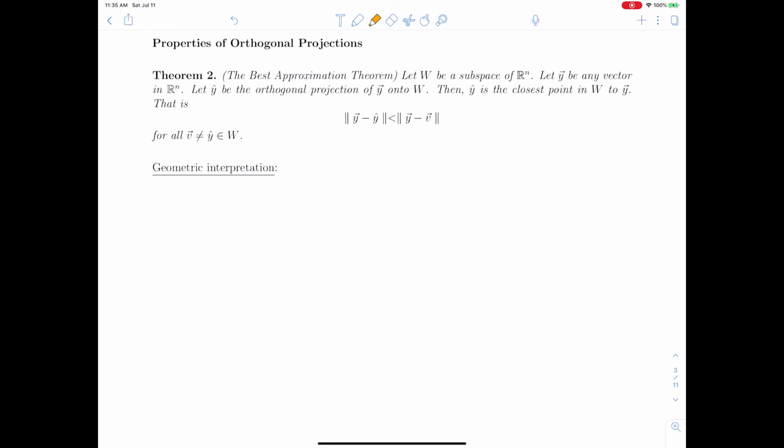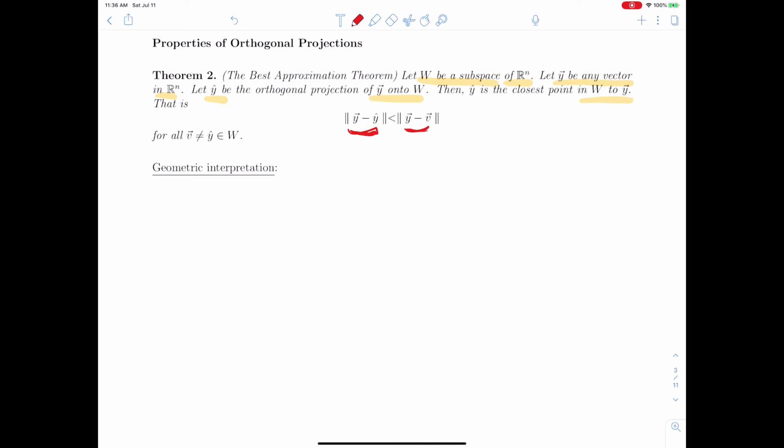Now, we want to approximate a vector y by using vectors inside a subspace W. So suppose that W is a subspace of Rn, and let y be any vector in Rn, and let y hat be the orthogonal projection of y onto W. Then y hat is the closest point in W to the given vector y. So in other words, the distance between y and y hat is the smallest among all the vectors in the